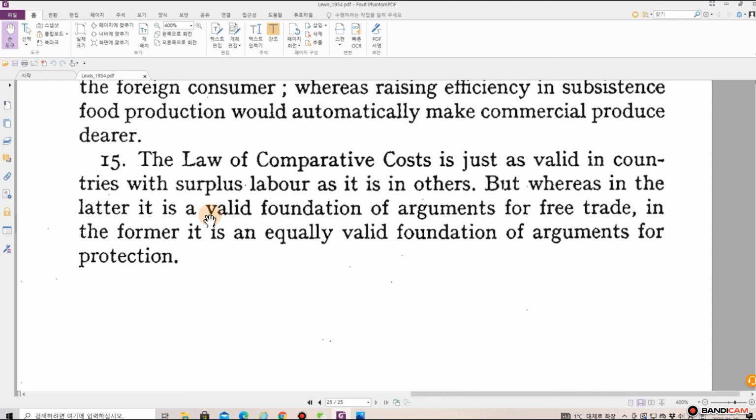The law of comparative costs is just as valid in countries with surplus labor as it is in others. But whereas in the latter it is a valid foundation of argument for free trade, in the former it is an equally valid foundation of arguments for